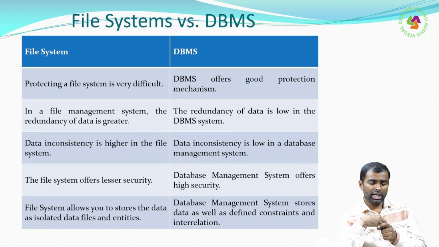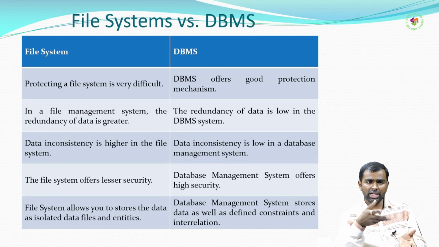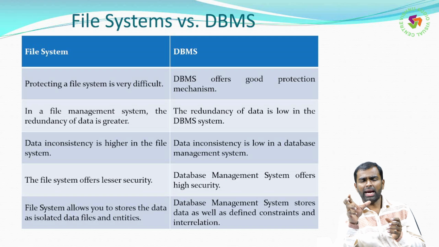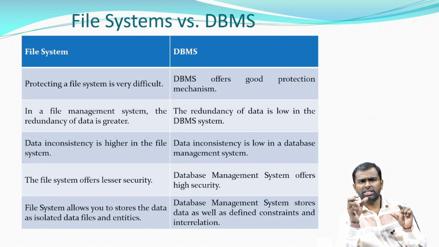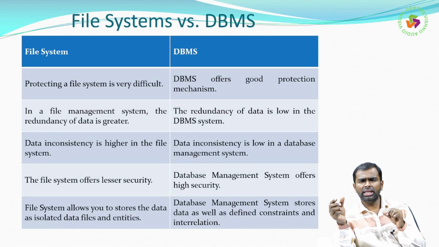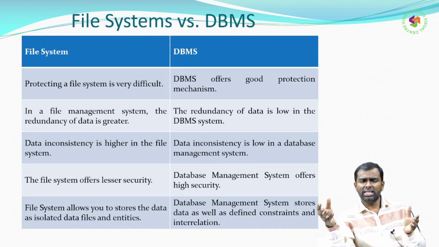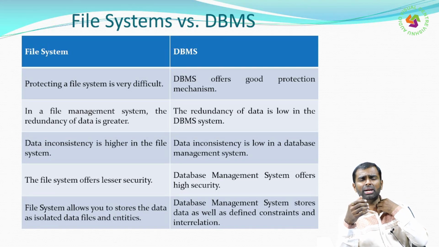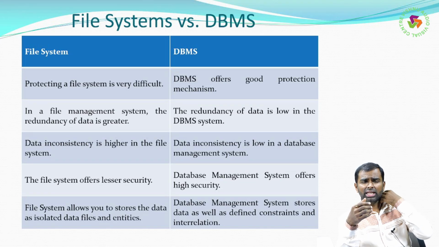In a file management system, the redundancy of data is greater. Okay, so in the file management system, as we already discussed, repetition of data is there. So that is the main problem. For example, in bank accounts, bank related information is in the checking file, and some of that data is repeated in another file, the savings account information, or like that. In any other file, the same data will be repeated. Say the customers file, again the same data will be repeated. Like that, in the different files the same data will be repeated. That is the redundancy of the data,